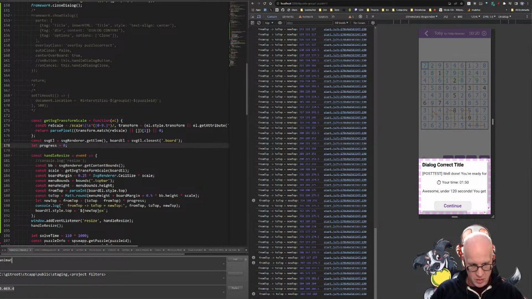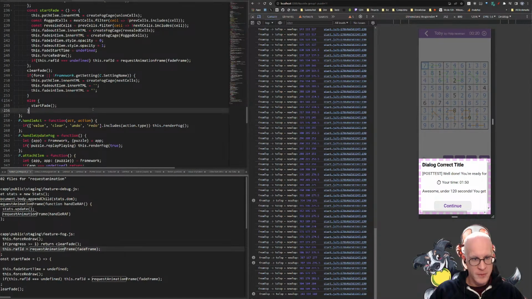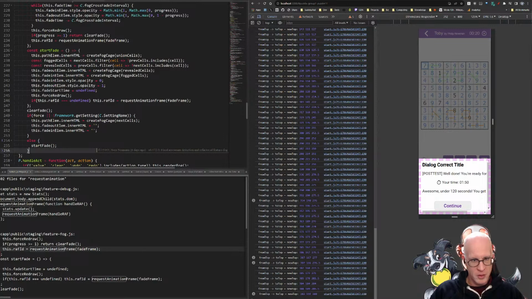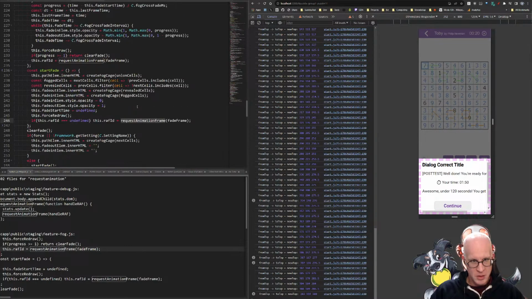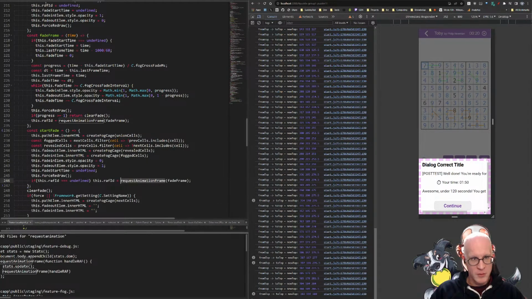Animation, request animation frame. Feature debug, feature fog. Yes. I think in the fog animation, we'll have start, fade. All right, so